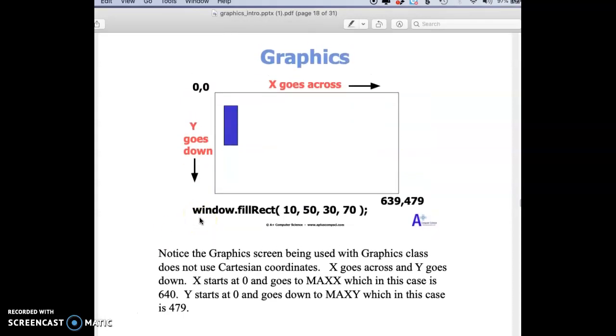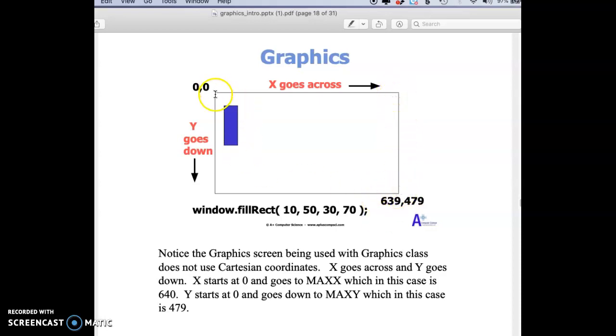All right, so let's talk about the location. It's not like an XY axis or coordinate plane. Well, it is like it, but it's all positive. So this is the corner we start from, because this corner is always going to be here, obviously. So X goes to the right, and just to the right. So here is 0, and then it goes bigger, and this particular one would be 639 as your X